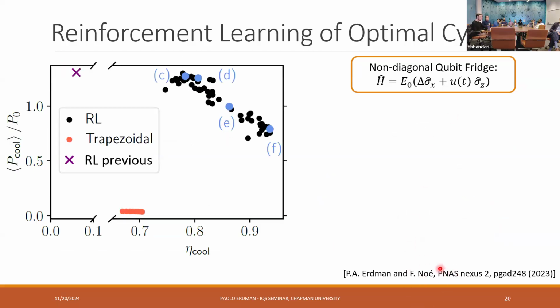So actually what we did in this follow-up paper, we were just giving the agent measurement of the heat currents in time, and we were not giving it any information about the density matrix. So we were assuming that the agent can only measure the heat currents and knows nothing about the quantum state. And so previous was what we found with the full knowledge of the density matrix, and these dots that are a bit noisy are without any knowledge of the state.